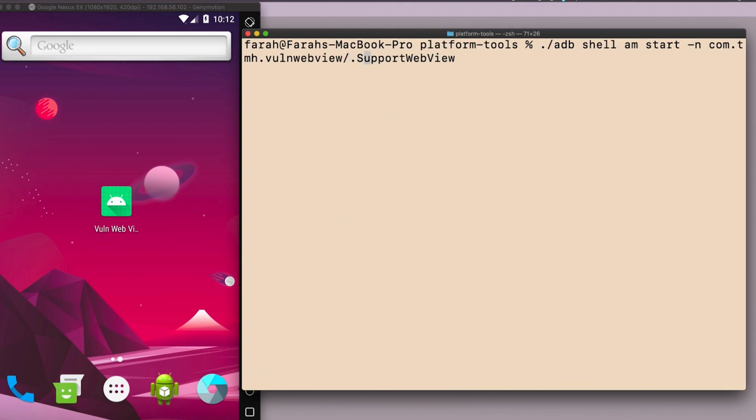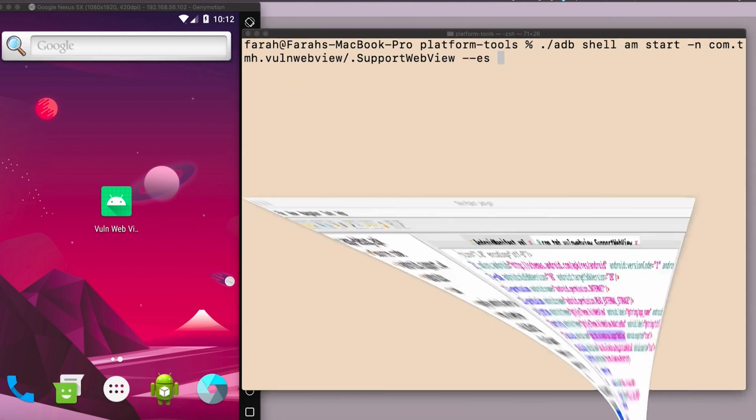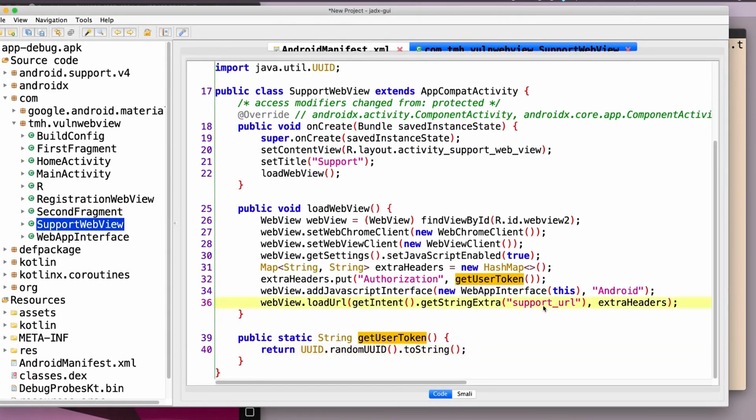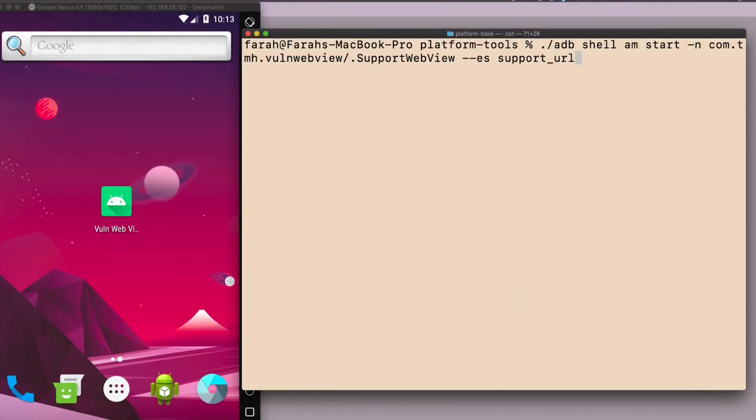And we will also have to change our extra to support URL. And instead of mentioning a regular URL or a file path, we will mention the URL where our exploit code is hosted.